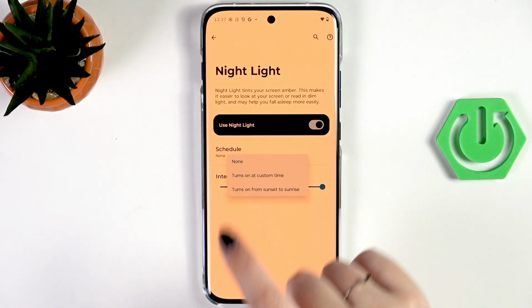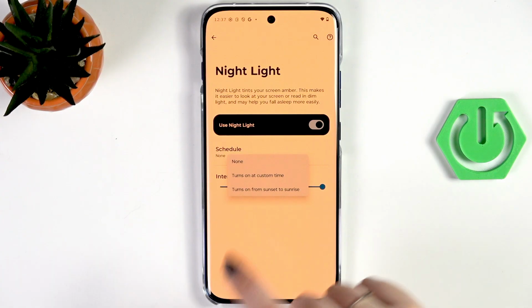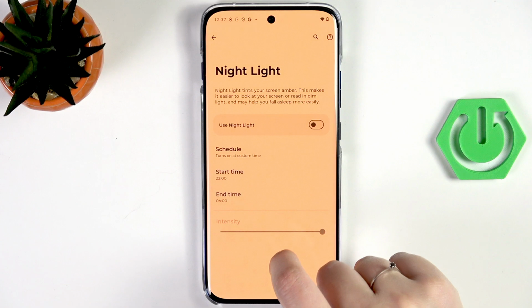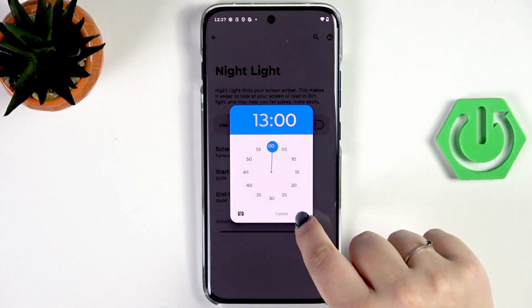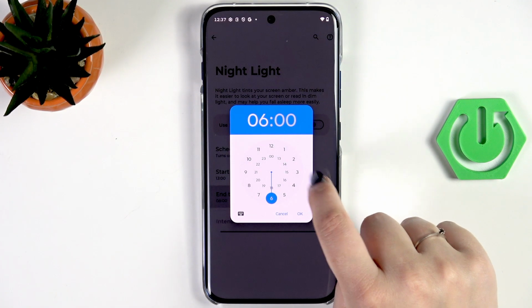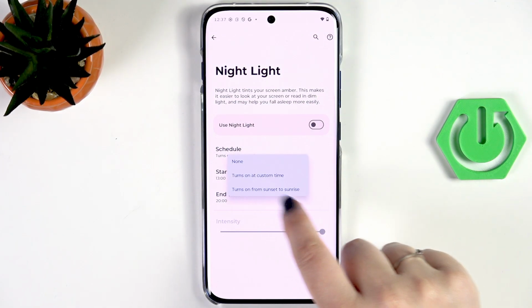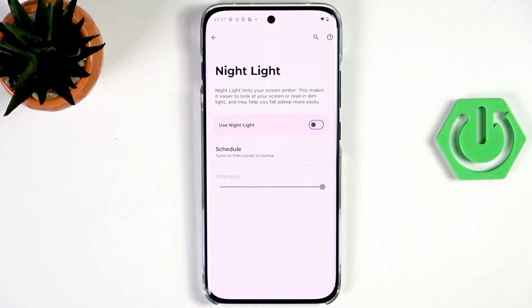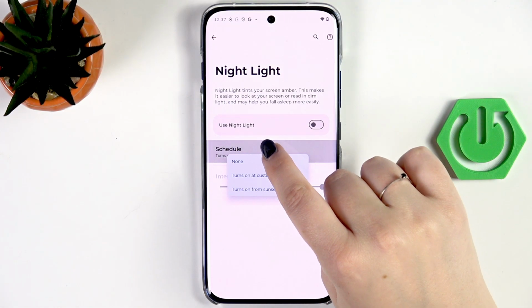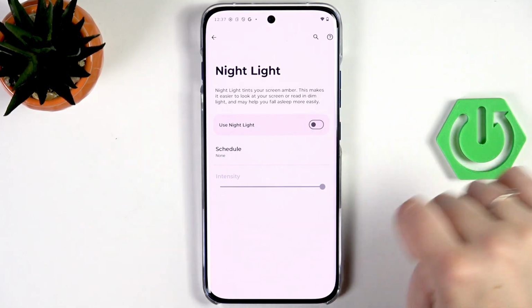You can also schedule that feature, so none option is manual option. You can also turn it on at custom time, so you can freely choose the start and the end time, and your device will apply the mode accordingly. Or you can set it from sunset to sunrise, and here your device will automatically decide when the sunsets and sunrises are. It is location based. But I will set it on none, and basically this is the whole customization of the